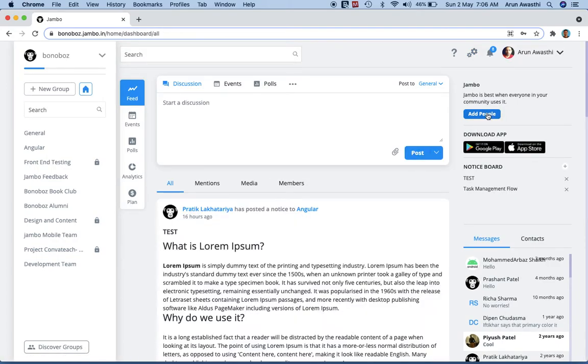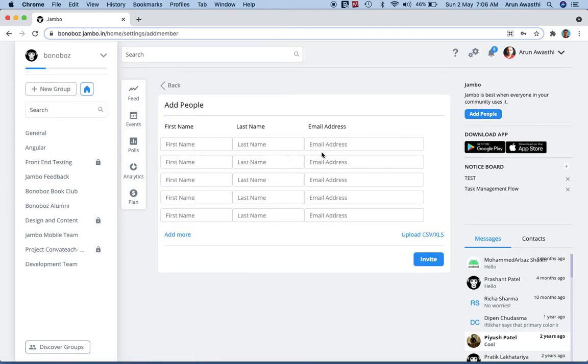Admin can add people from here. When you want to add more people to the platform, you give a first name, last name, and email ID, and the invitation will go to them from your name saying that Mr. ABCL, the community manager of this community,